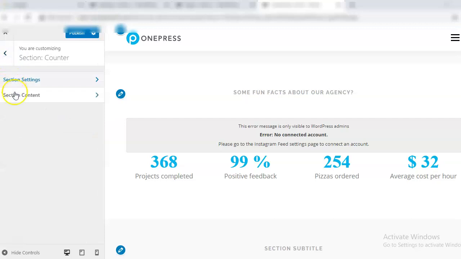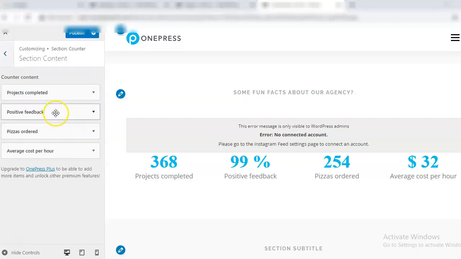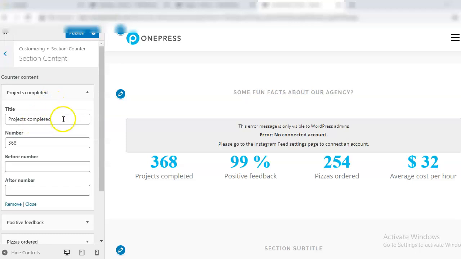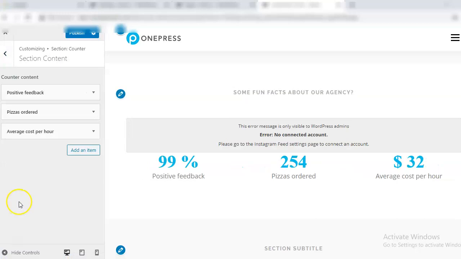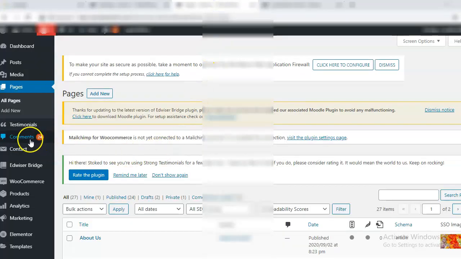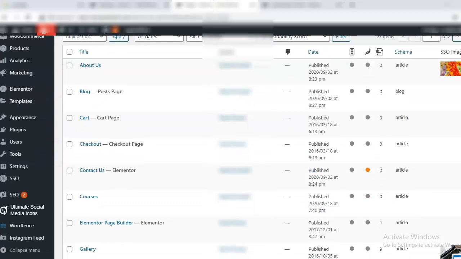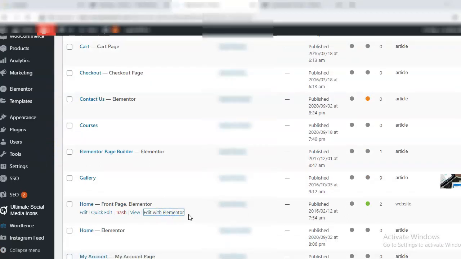I'll go back. Section content. And so you can remove the rest of the sections as well and just have the Instagram feed here. And then click on publish. Or else you can go to the home page, edit with Elementor,